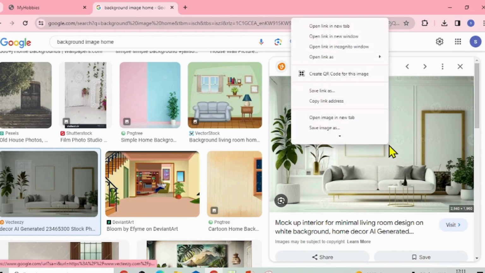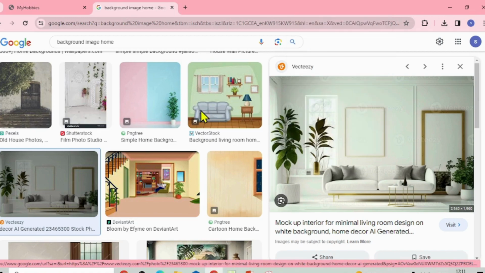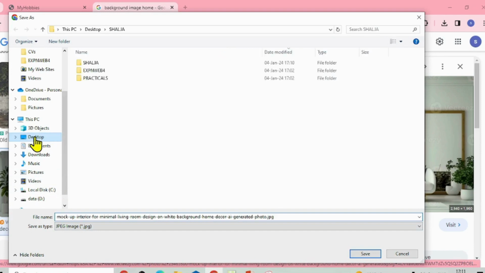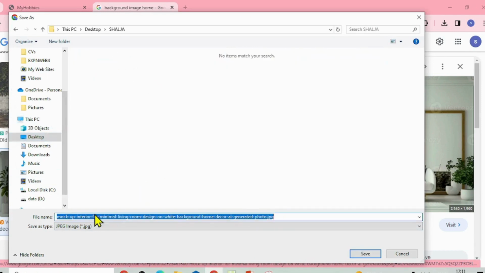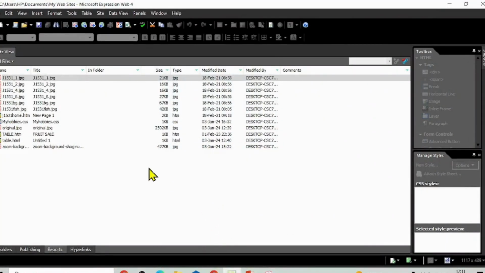Now let me just download this picture, or just save image as. The name will come up there, and just go to the desktop, open your folder, and let it sit there, and you can see the background over there. You can change the name of it, no problem, like this, background, and save. Okay, done. Now let's go to Expression Web, and we're going to start the new